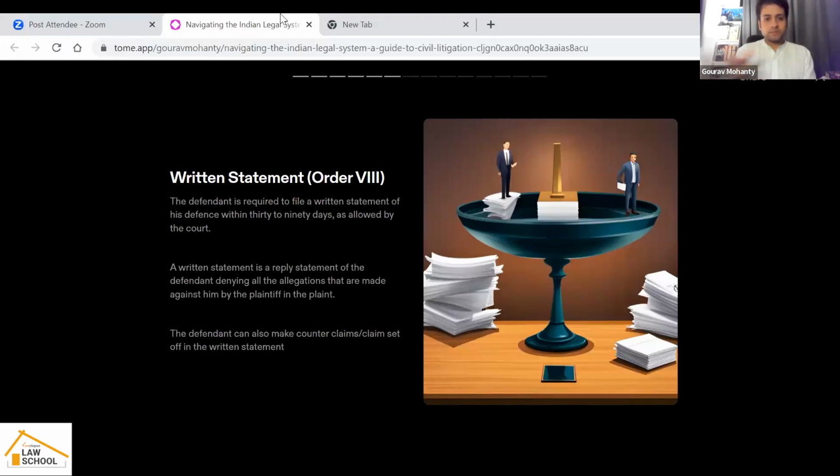And in a civil suit, summons are issued at 2 stages. One is, of course, when you're asking the defendant that, listen, please appear, someone has filed a suit against you. The other is when, as a plaintiff, say, as I said, I'm Tony Stark, and